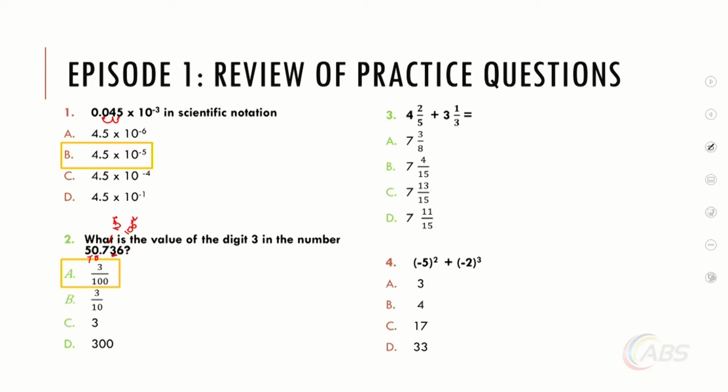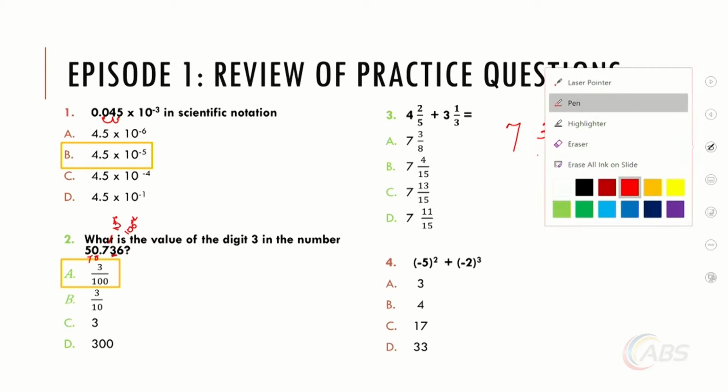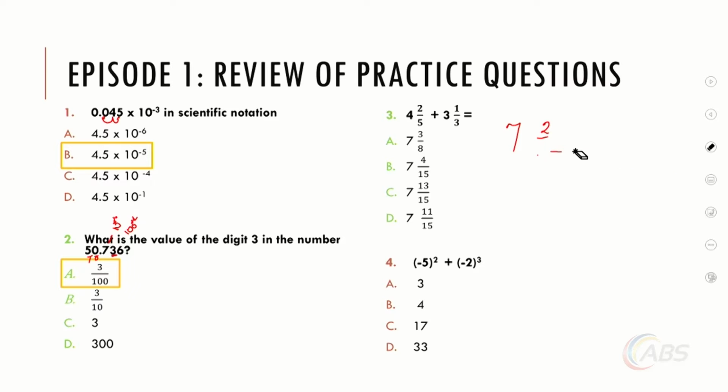So if we add 4 plus 3, we get 7. And we look at our fractional part, we have 7 and 2 over 5 plus